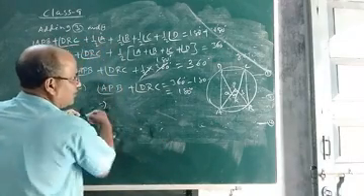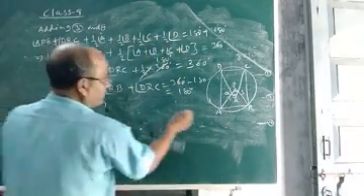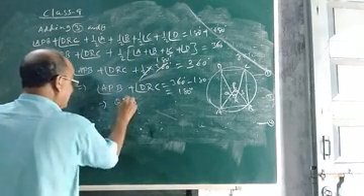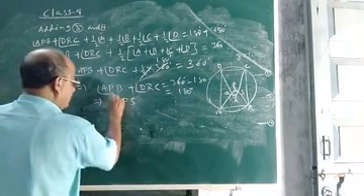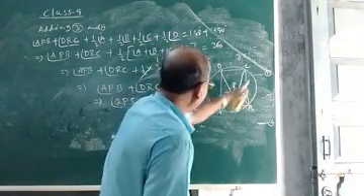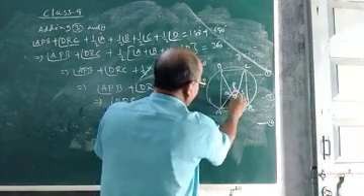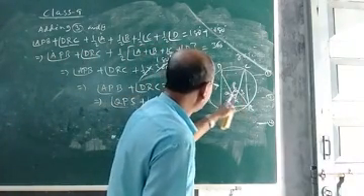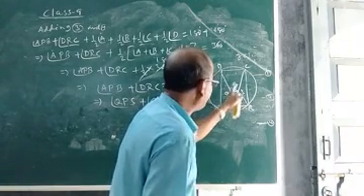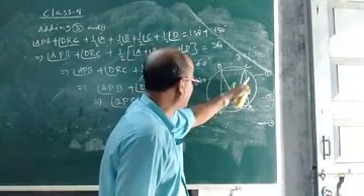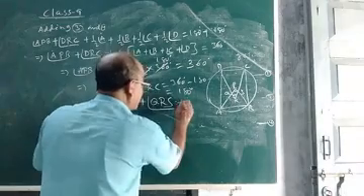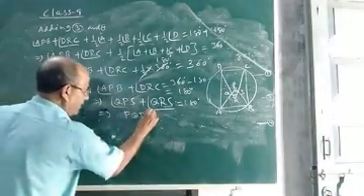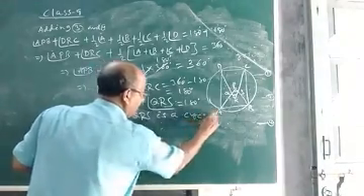That means, you see, we can say QPS. In place of APB, we can write QPS. Angle QPS plus, and in place of DRC, we can write which angle? We can write QRS. Angle QRS, you see. In place of angle APB, we can write QPS, because APB and QPS are the same angle. Similarly, in place of angle DRC, we can write QRS. So this is 180 degrees. So this implies PQRS is a cyclic quadrilateral.